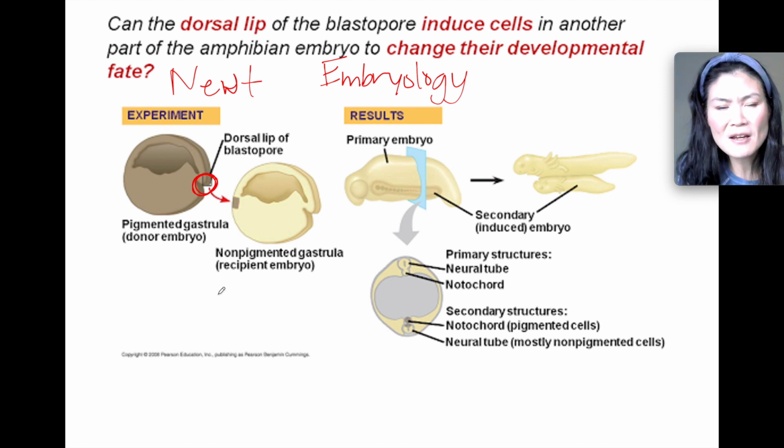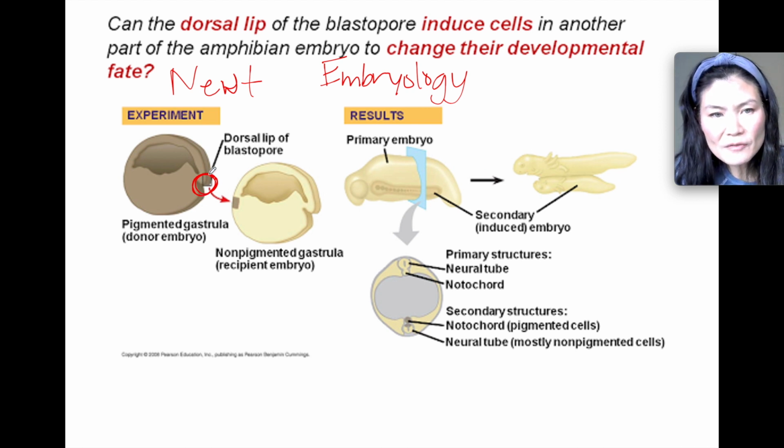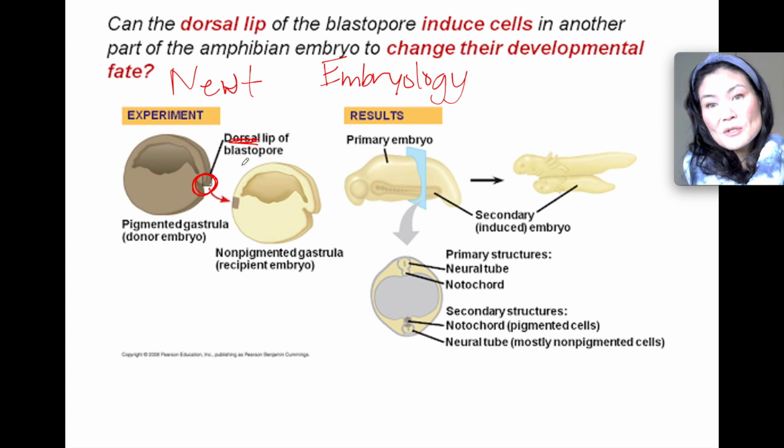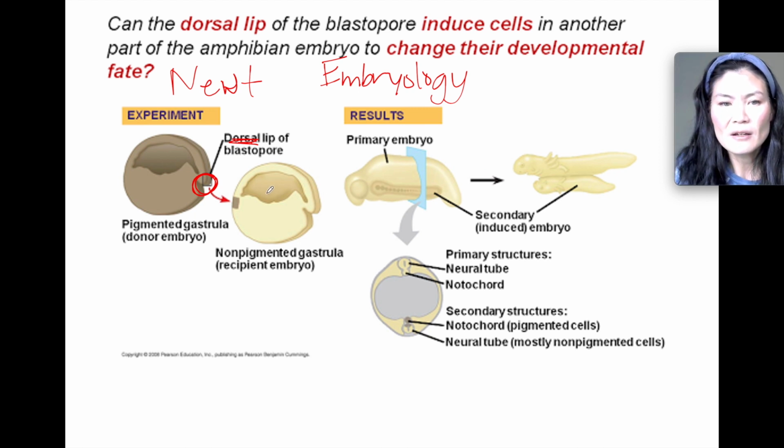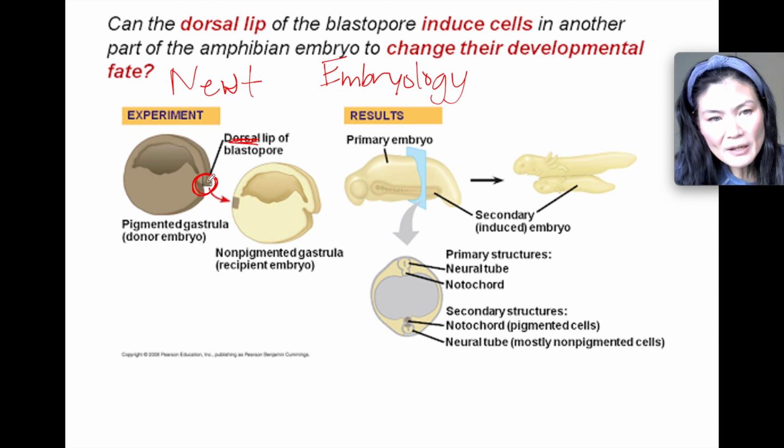Those are like the four main organisms that we had to study and memorize. But this is of a newt, like a frog or some amphibian, okay? So the dorsal lip of the blastopore, that part of the blastula, is going to end up being the dorsal side of that amphibian. Dorsal means the backside, like a dorsal fin of a dolphin. That's where the spine is, okay? So the dorsal lip is going to become the spine. That area is going to become the spine of our newt or frog.